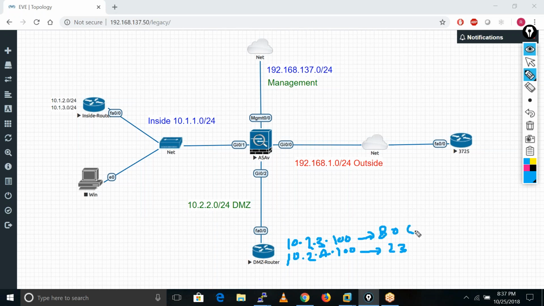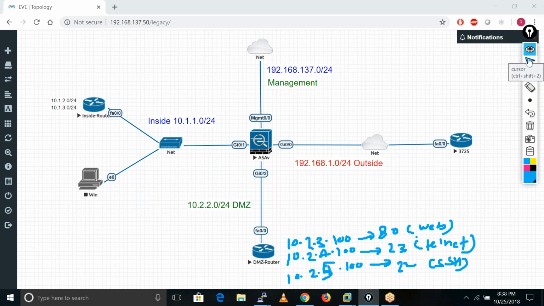It is running telnet service. And we also have one more server having the IP address 10.2.5.100, and it is running the service which is 22, SSH. Okay, so how can we configure that kind of scenario in our one router?